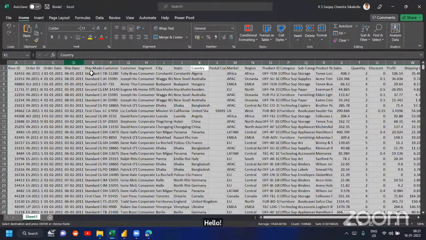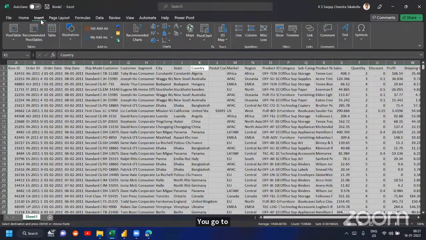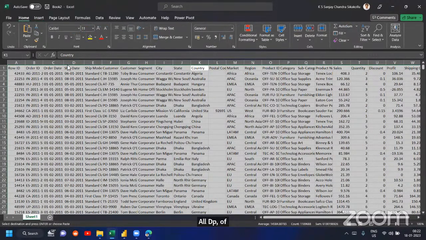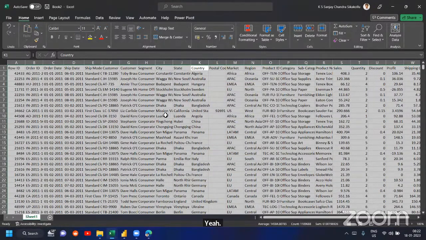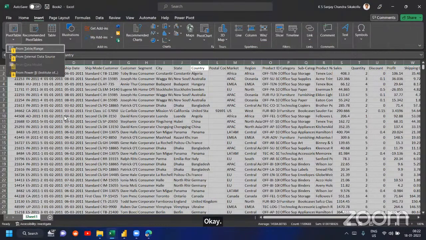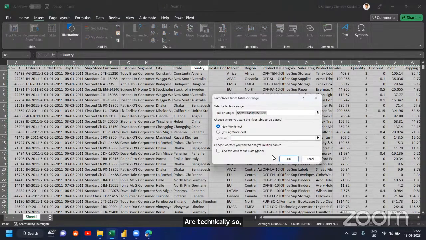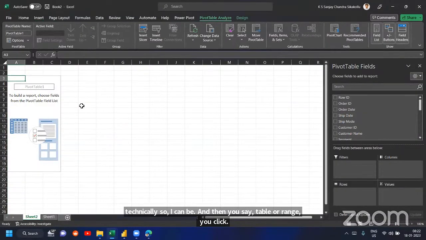Alt, pivot table. I think it's Alt and V, right? Okay. Alt and V, and then you say table or range. You click OK, and a pivot got created.